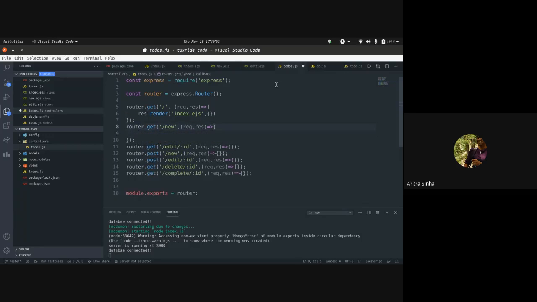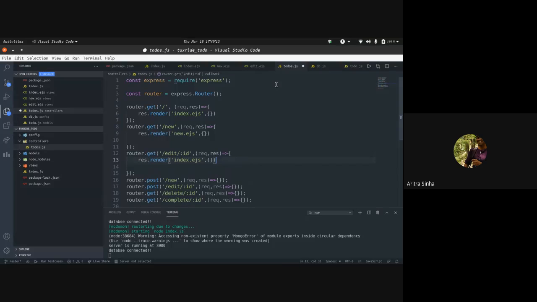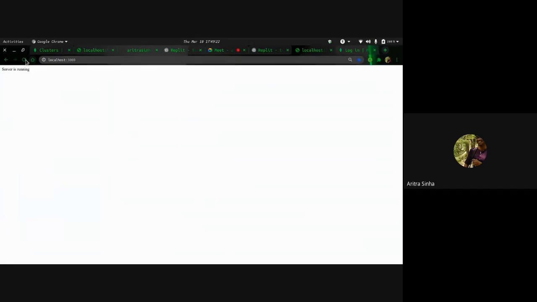New will take us to new.ejs, and after that, this will take us to edit.ejs. So these are all the three pages that we would require. Let's try and see if it works.